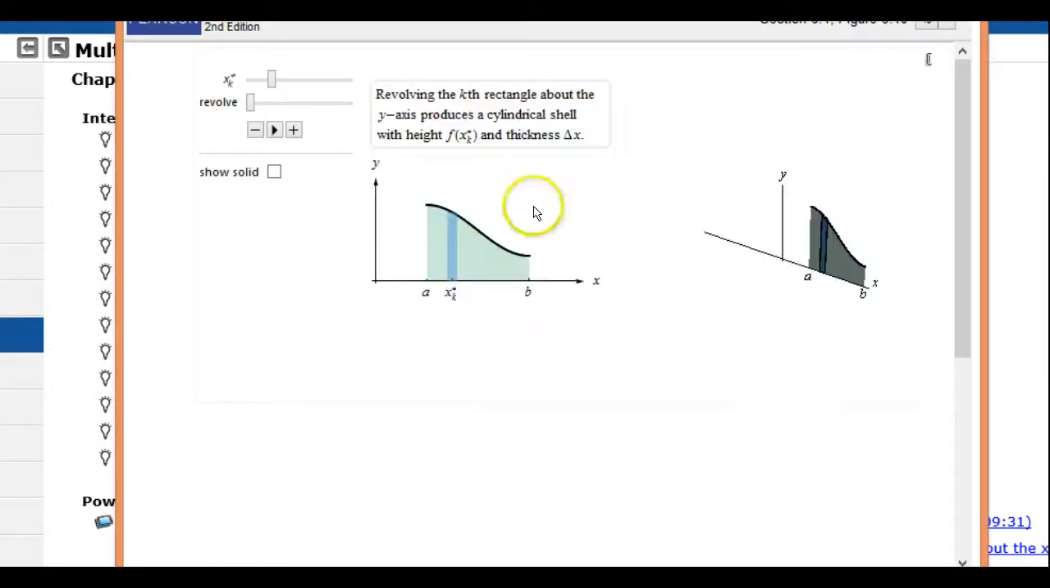Let me show you the idea in terms of taking a subinterval. Here we have one subinterval and it creates this rectangle, and we revolve that particular subinterval around the y-axis, and here we have that hollow cylinder. Each of our cylinders will be hollow, and we're going to do an infinite number of these cylinders